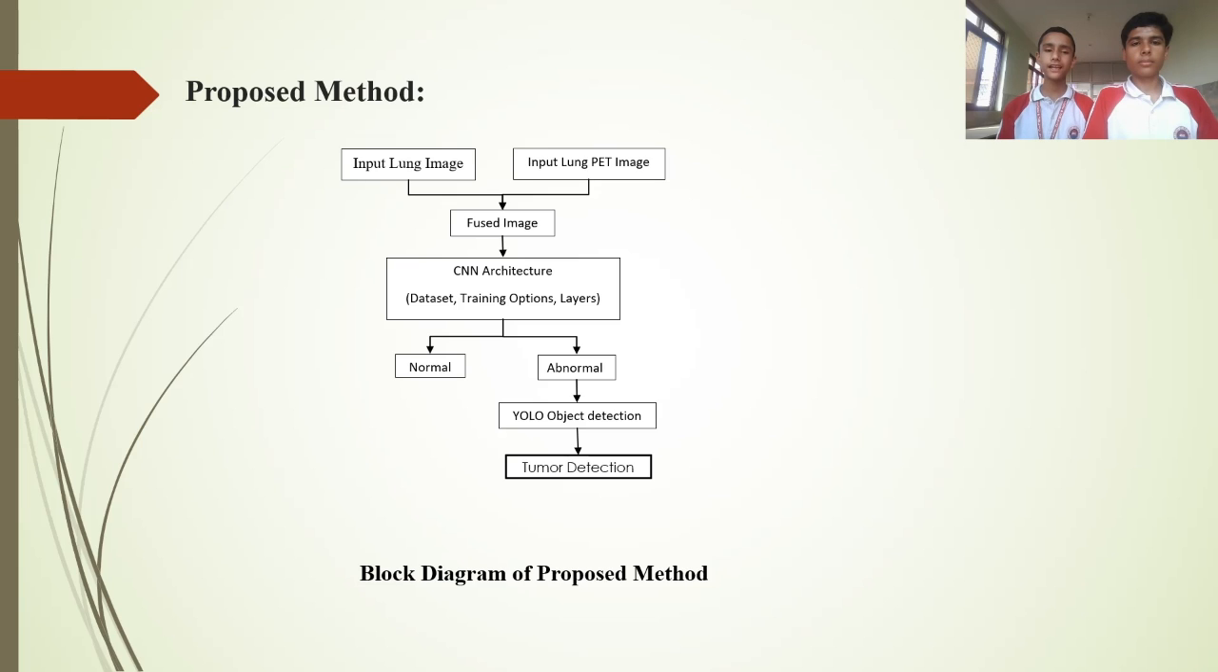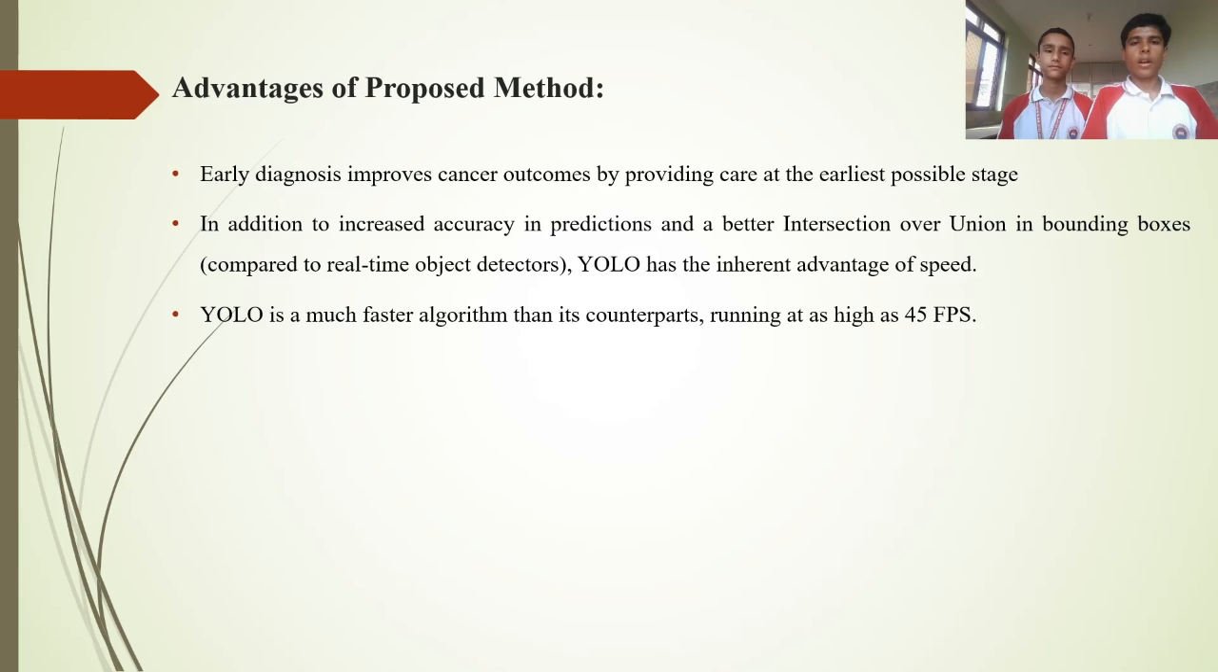First we input the CT scan image of the patient, then we input the PET scan image of the patient, and those two scans are converted into one. Then that fused image is sent to a CNN architecture which either classifies it as normal or as abnormal, and if it classifies the image as abnormal then YOLO V2 is used to mark the tumor with a square box around it. Our proposed method